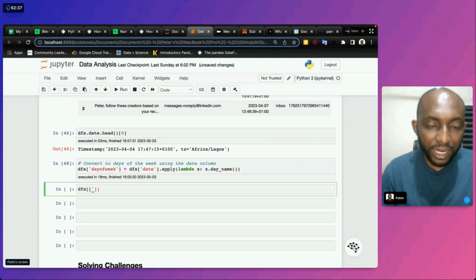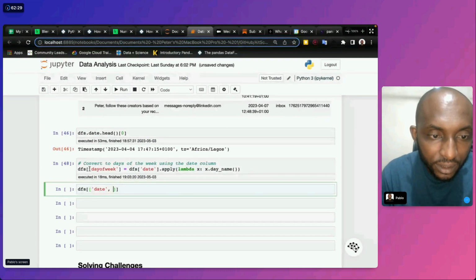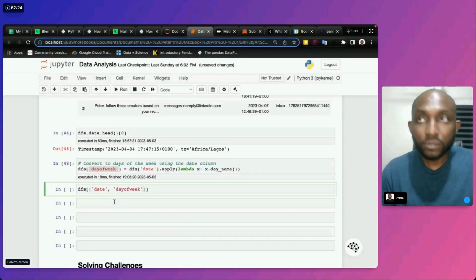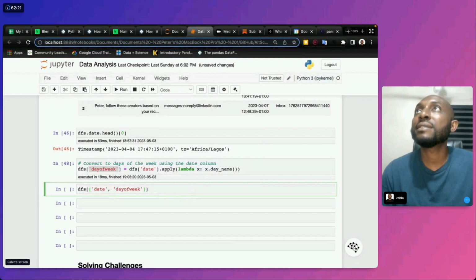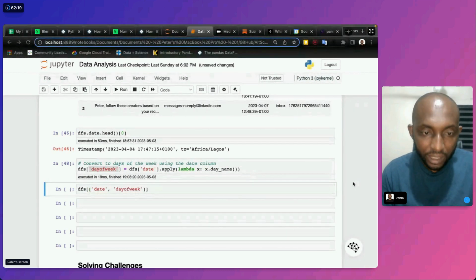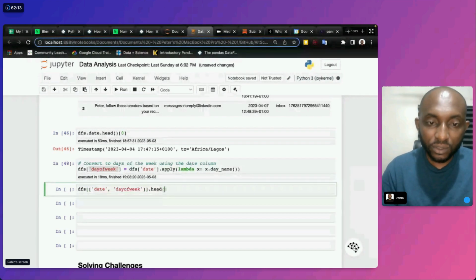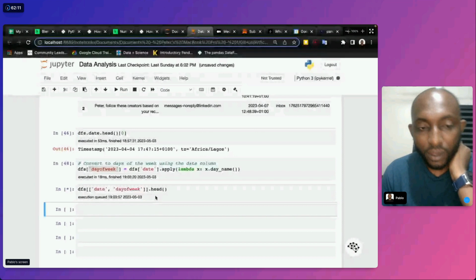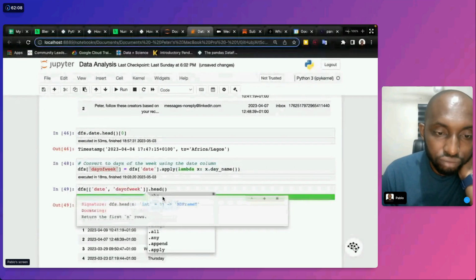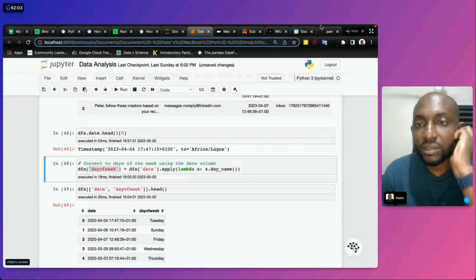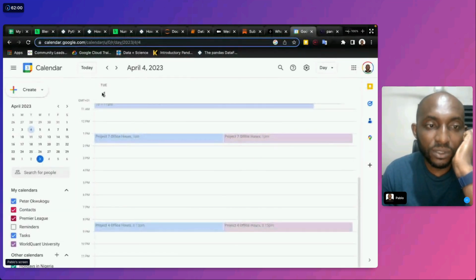I want to extract dates, and then I want to extract day of week, so that I can see if it actually looks like what we have worked with. And then I want to check head, the first 5 rows. So yeah, look at it. It's actually a Tuesday. The 4th is a Tuesday.